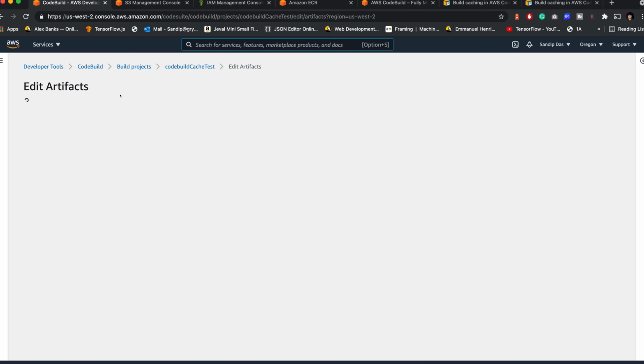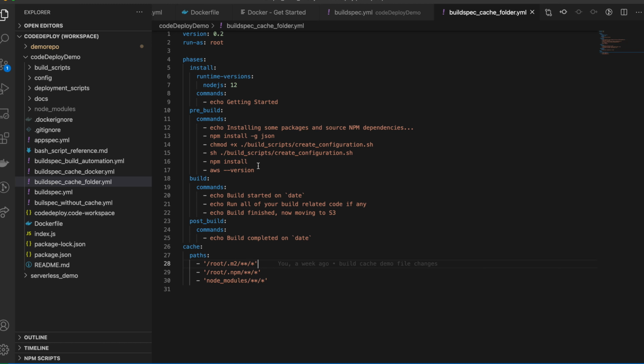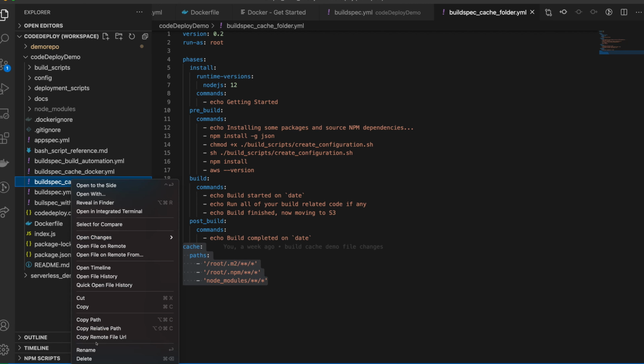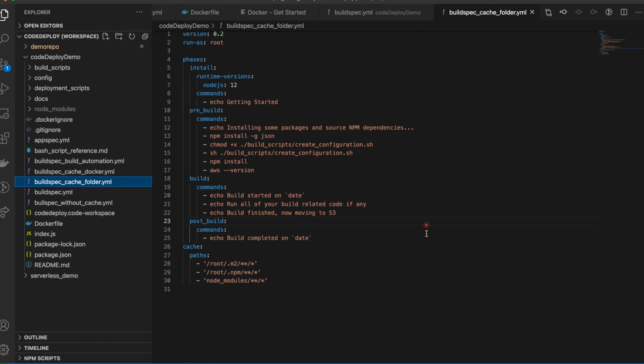we will make a change in the buildspec itself. We have an example called cache folder. You might see the same things. You can see here, instead of doing a Docker build, we are just making it without Docker. We are installing the packages, doing all the things needed to run the application, and caching it for future use. The file name is buildspec cache folder. So let's copy that file name and paste it here. Let's wait for that, and we can just run the build now.